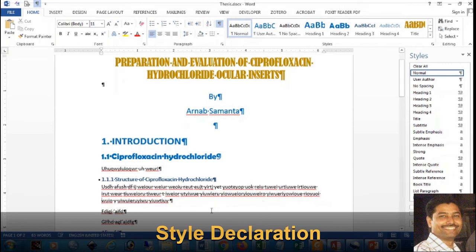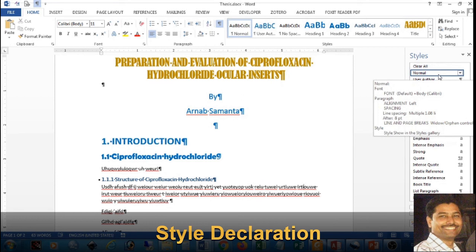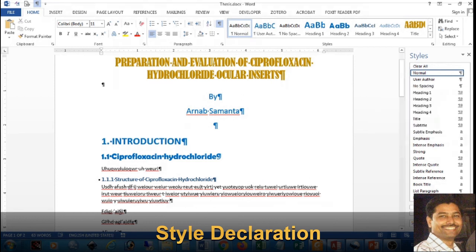So a single paragraph up to this one. So this total thing is a single paragraph. Now this paragraph, you see it is in normal style. Wherever I am pressing enter, a new paragraph is formed again in the normal style. So by default Word places everything in normal style.